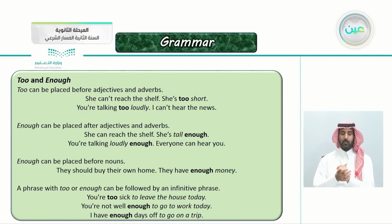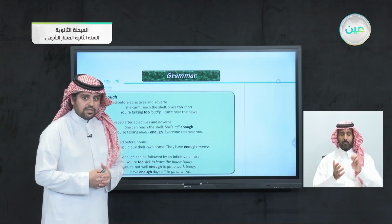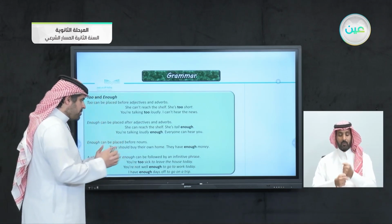Enough can be placed after adjectives and adverbs. So, enough comes after the adjectives and adverbs, unlike too, which comes before. For example, she can reach the shelf. She is tall enough. Enough means the correct amount of something. You're talking loudly enough. Everyone can hear you. Enough can be placed before nouns also. When you say, I have enough money, I don't have enough money, we don't have enough time. So you can put enough before nouns, which means that you have or don't have the correct amount of this